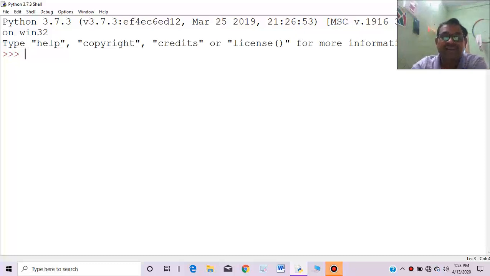Namaskar. Today I am going to start the rest of the discussion regarding creation of a dictionary. In my previous lecture, we discussed how to create a dictionary by using the dict method, or simply d equals, placing parentheses like this.